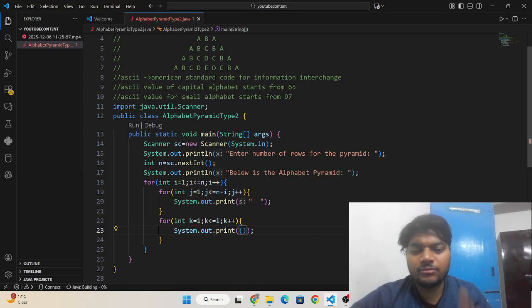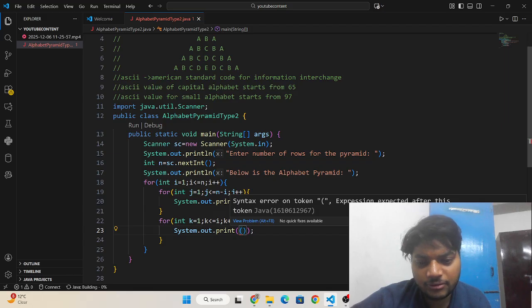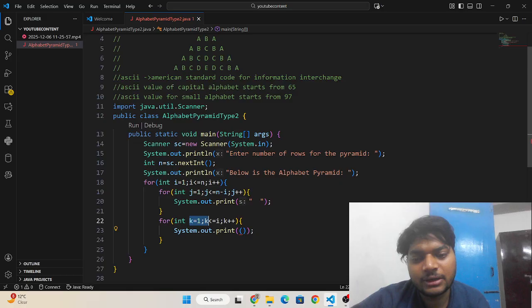Yeah, it is running now. So I need to write here what I need to write here. You see, the ASCII value for capital alphabet starts from 65, so we need to write here 65. So we are going to add 64 in variable k, so that it will convert into 65.